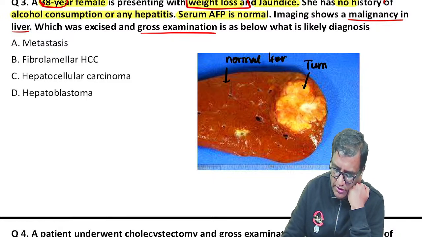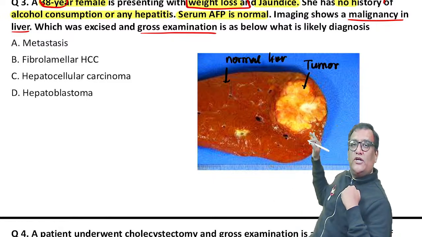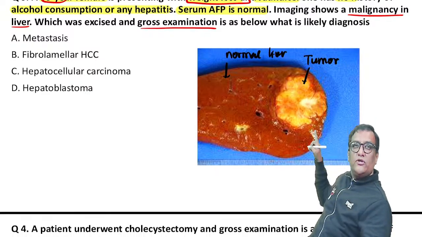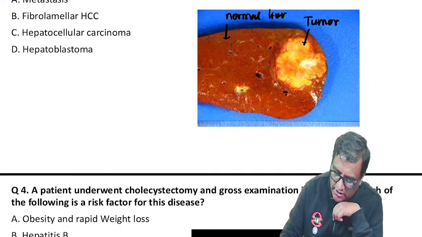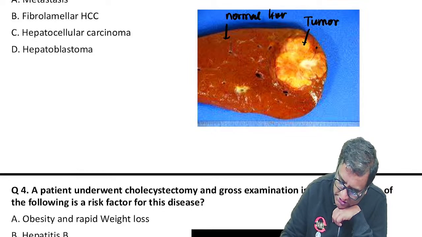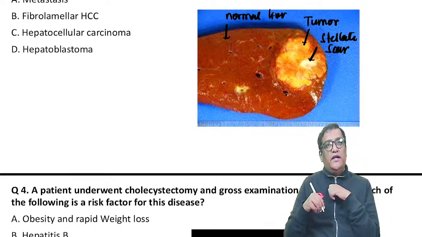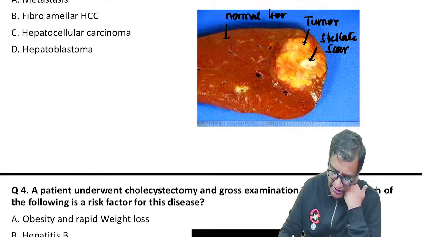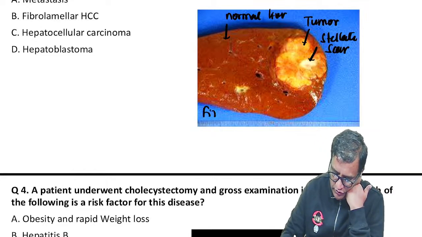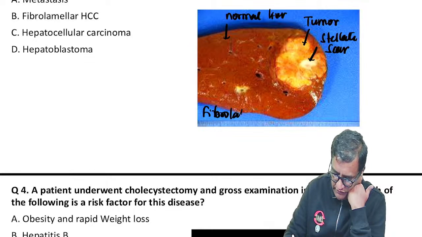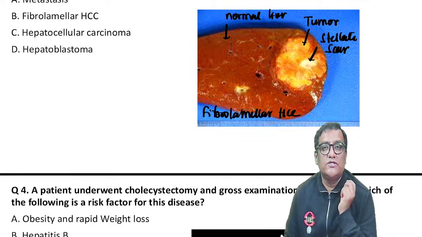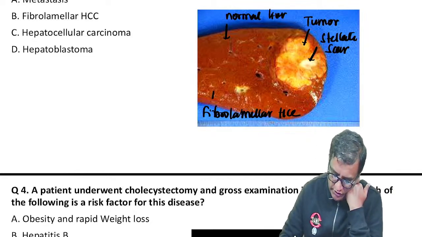And in the tumor, what am I seeing? Look at this. This is a tumor in the center. Are you seeing a scar in the center here? Look at this. This whitish scar is there. So we call it a stellate scar. A star-shaped scar, if you can carefully observe it. And star-shaped scar is very characteristically seen in fibrolamellar HCC. Fibrolamellar HCCs. Okay, so my diagnosis would be a fibrolamellar HCC.